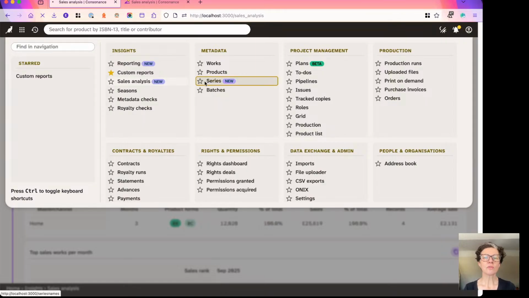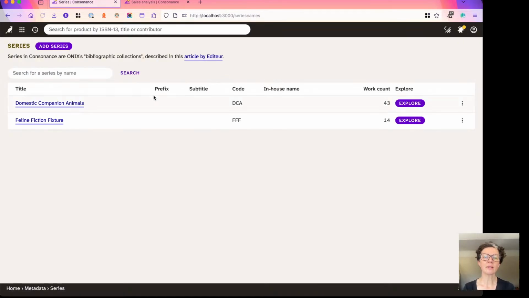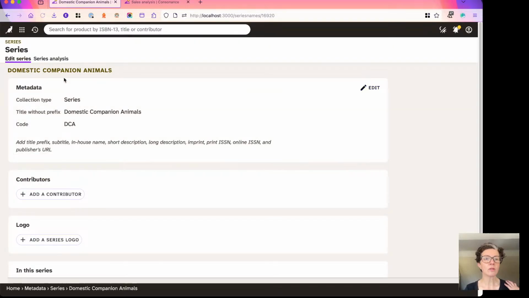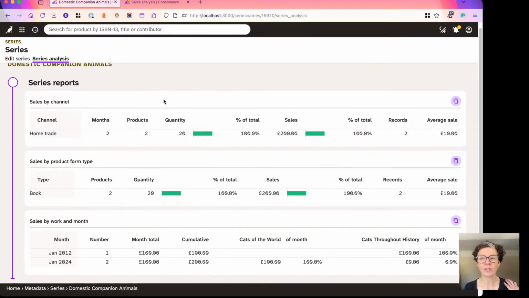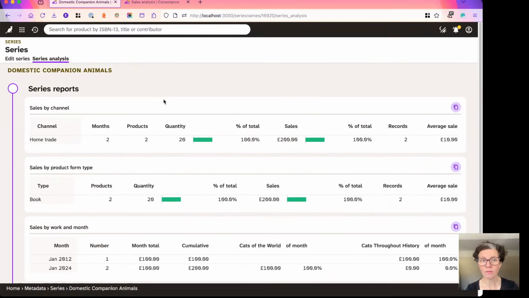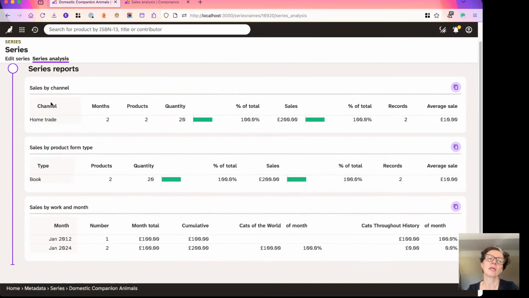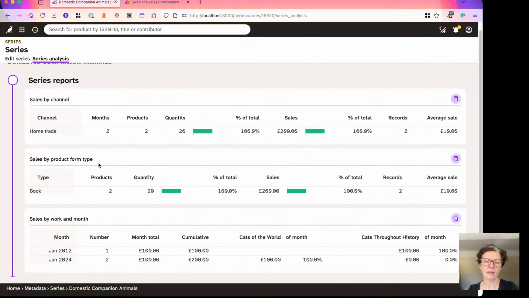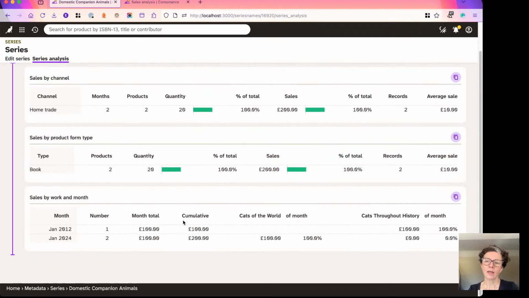We get a similar sort of thing for series over here. So if we look at series and if we go into domestic companion animals, then we've got this button here, series analysis, and that will give us a similar sort of layout of information, but now we're only looking at records from the works within this particular series called domestic companion animals. So we've got channel level sales, we've got product form level sales, but then we've got at the series level,